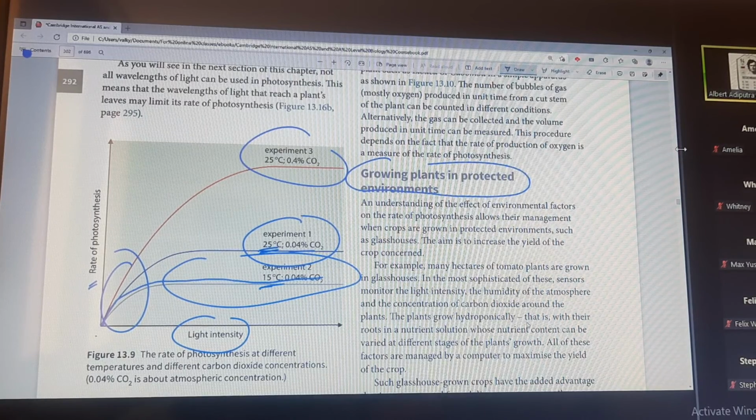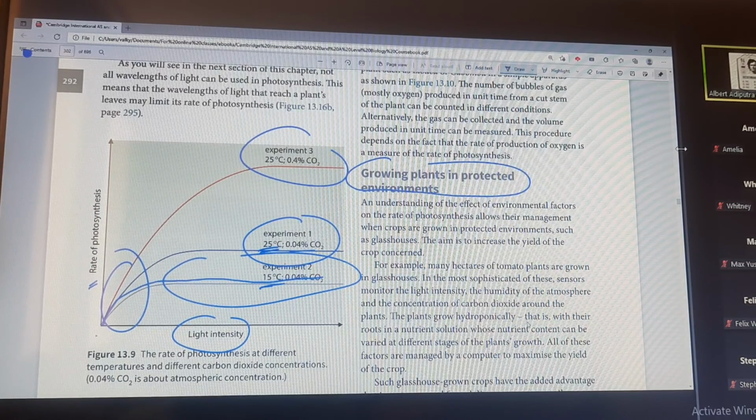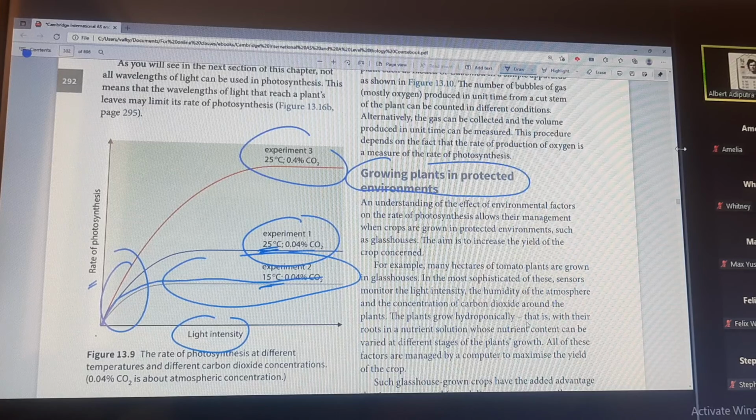Anything other than those is beyond your control, like the number of chloroplasts, the number of chlorophyll, and the density of the palisade cells. You can control only the external factors in the glass houses. Those three. So by doing the modifications, you can ensure the optimum environment for the optimum growth